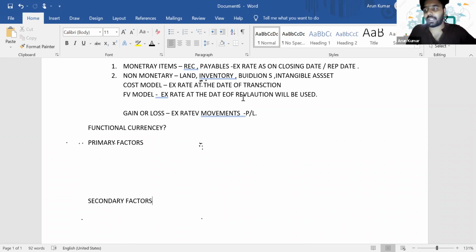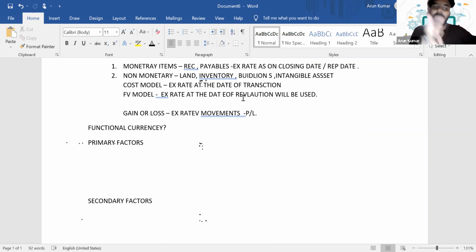Normally students assume that wherever the company's headquarters is situated, that country's currency will be the functional currency. No, that is not the functional currency. The home country is not your functional currency. The functional currency is the one of the environment in which we are actually working economically, like the operating cash flows, the labor cost, or the different costs which we incur. After considering these factors, we determine what your functional currency is. So functional currency literally means the primary economic environment in which the company operates. So how will you identify it?